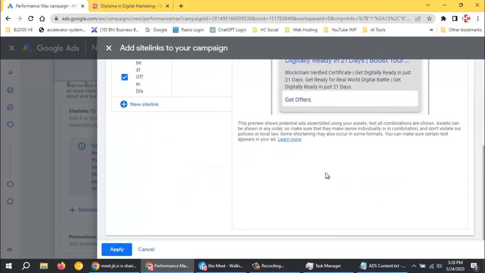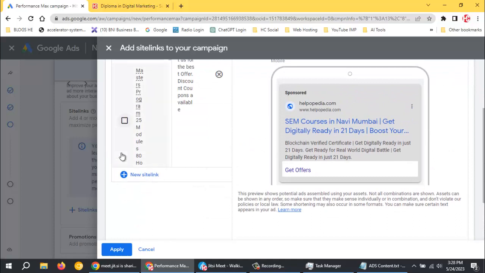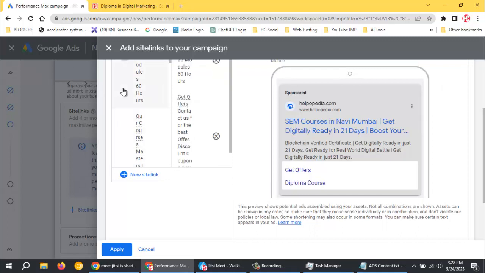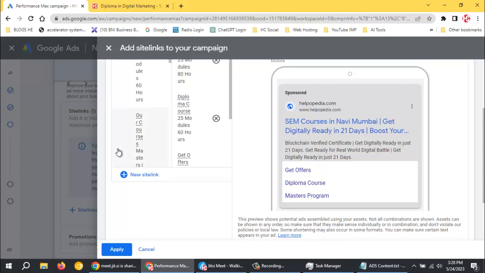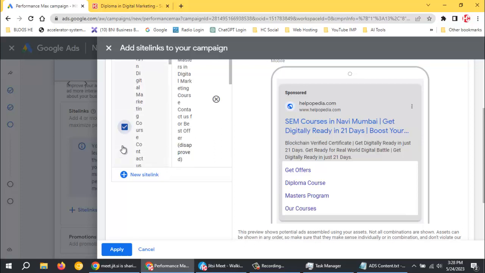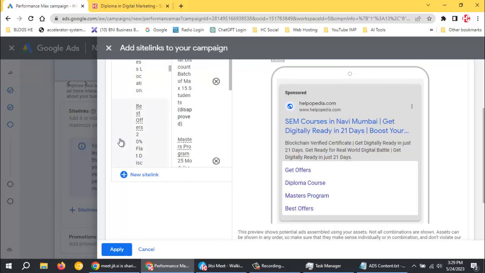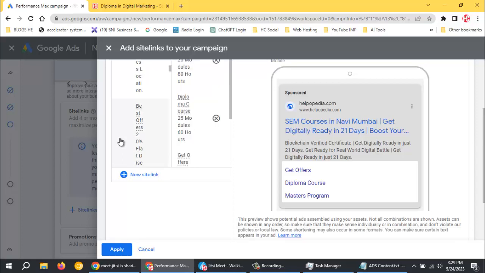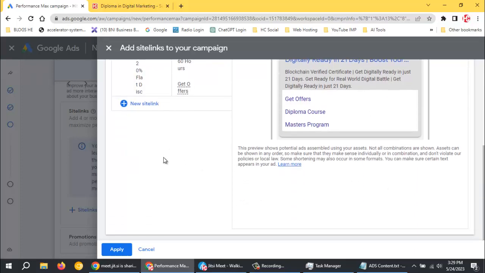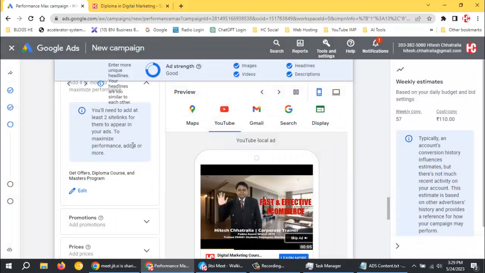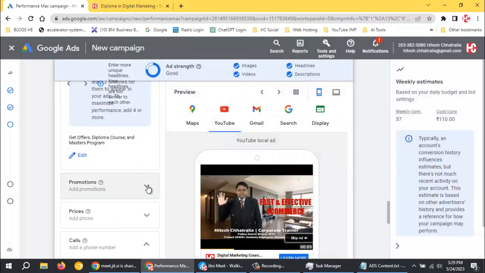So it is get offers, then master's program, or maybe something like diploma course. Then master's program we can use, and our courses, about us, directions, or say best offer. So we have already selected get offers, so we'll remove best offers. So this is done. I'll click on apply, and after that, if I want to add some promotions, then I